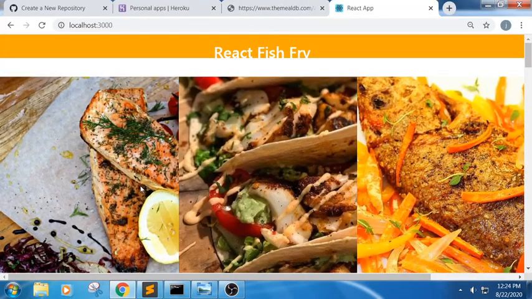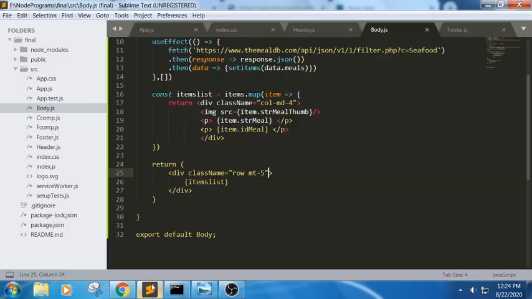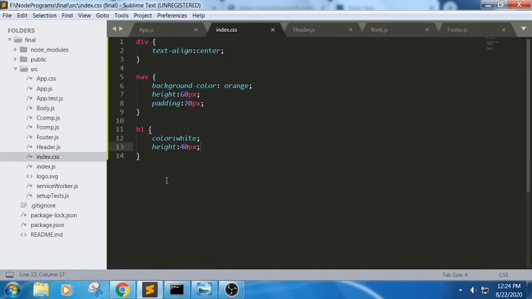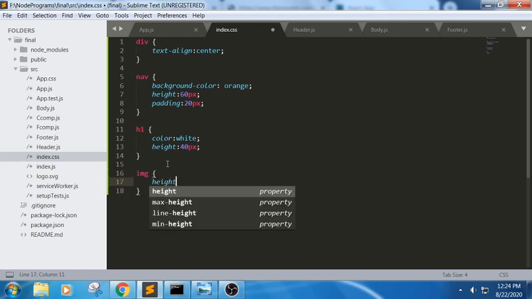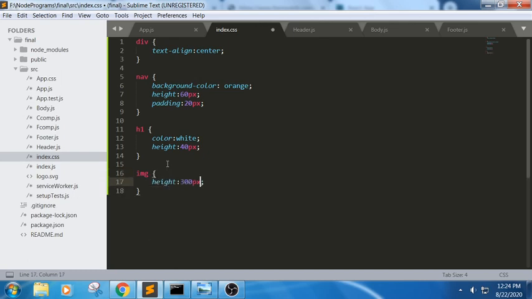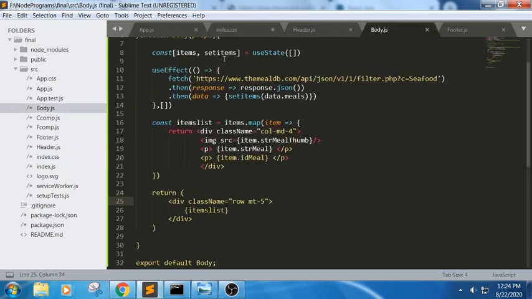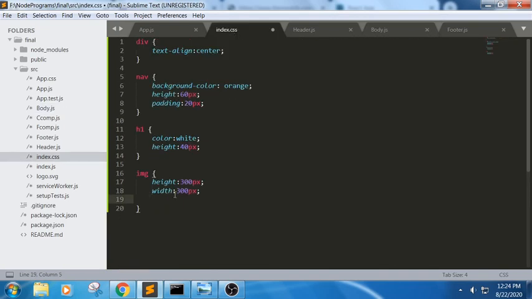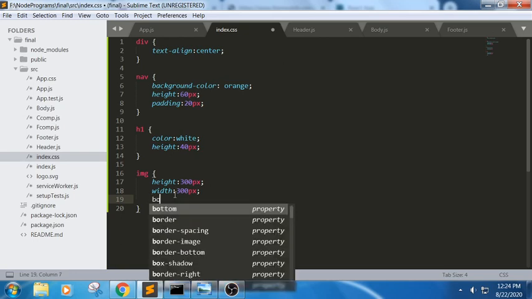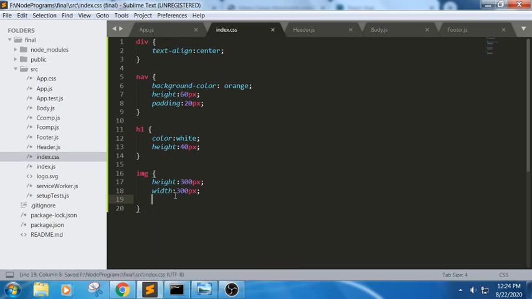But see here, the images are very large. In order to reduce the size, inside the CSS, we can write the CSS part for it. I will be writing image height 300 pixel, width 300 pixel. But make sure whenever you write the sizes of this, we should always include it in the starting of the web page, like here. We should always include this thing here. Next, let us see, did we get an output?